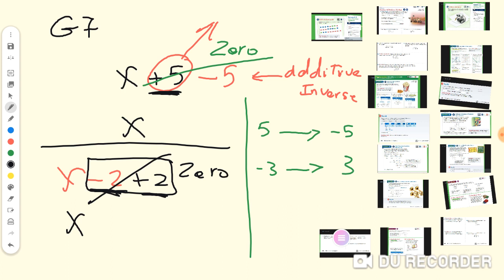Okay? The opposite here is for the operation of multiply. If I have 5x, I need to write x separated, x alone. I need to make 5 become 1, because x here is considered as 1x, which is equal to x. How to make 5 become 1? Yes, divide by itself. Very good. Or I can say it another way. Multiply it by